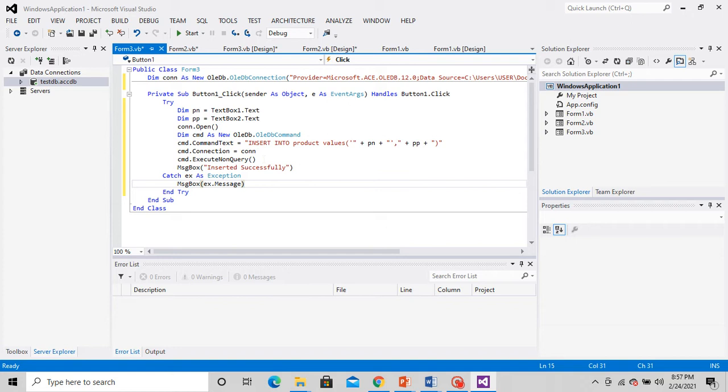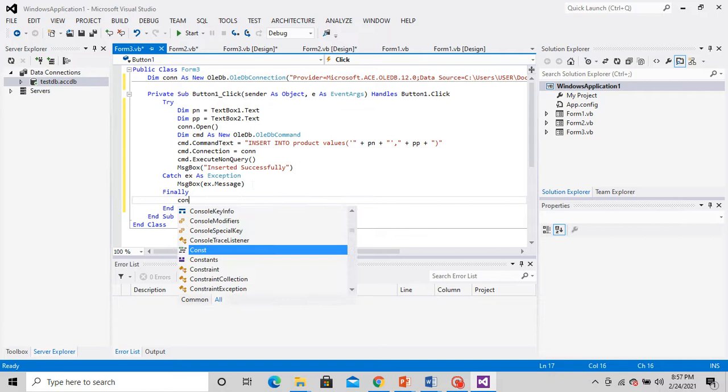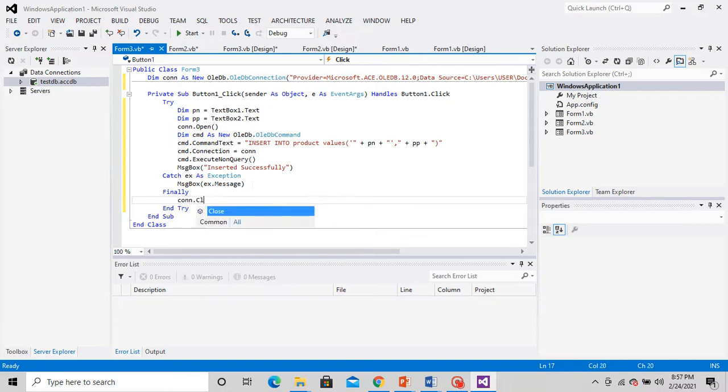So I'm just typing message box, what is the exception, dot message. And under the finally I'll just close the connection. Okay, so that's it about the code. I'll just run and show it to you.